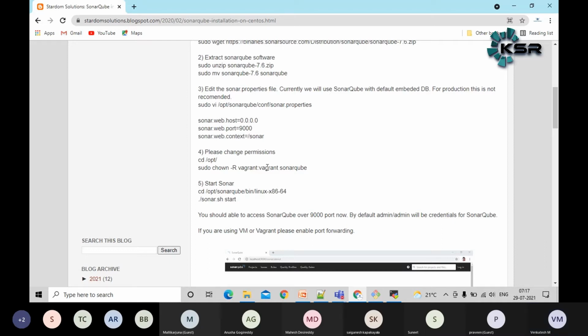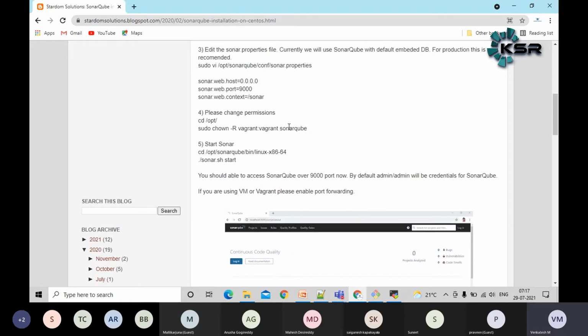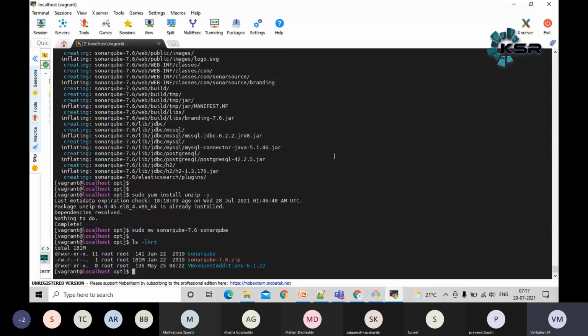Then I have one more command here, guys. For this particular SonarQube folder, I'm going to assign some set of permissions. Vagrant is the username and Vagrant is the group name. I will cover this in the Linux and shell scripting classes also, before going to Azure DevOps. Initially, just follow whatever I'm going to teach you, without getting a high-level overview, so you may not understand much.